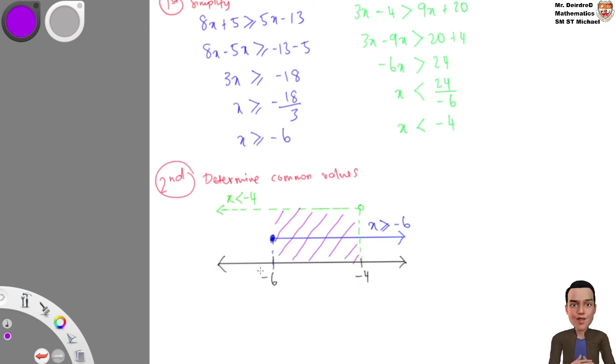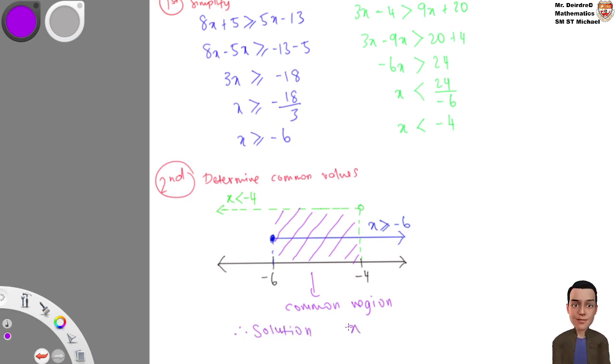It is in between negative 6 and negative 4. So for this common region, therefore our solution,